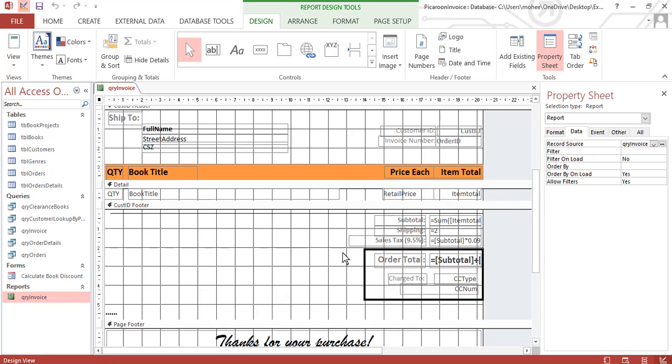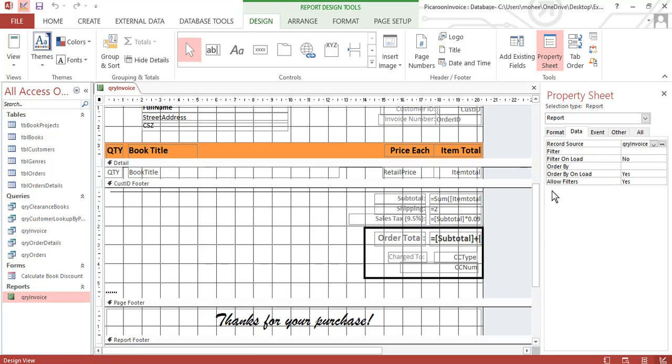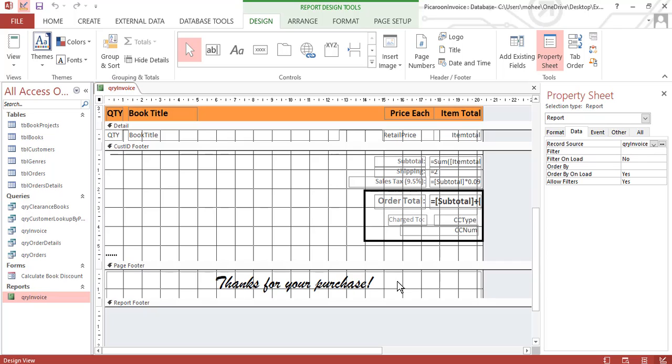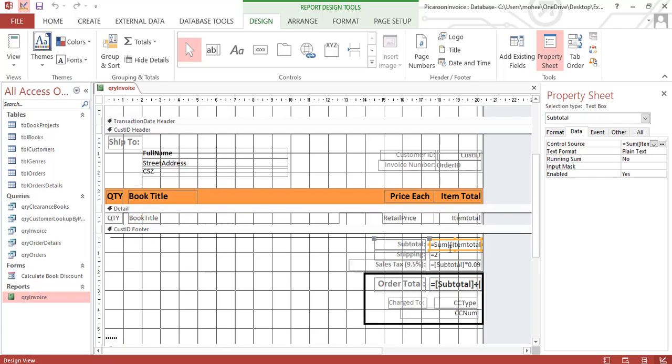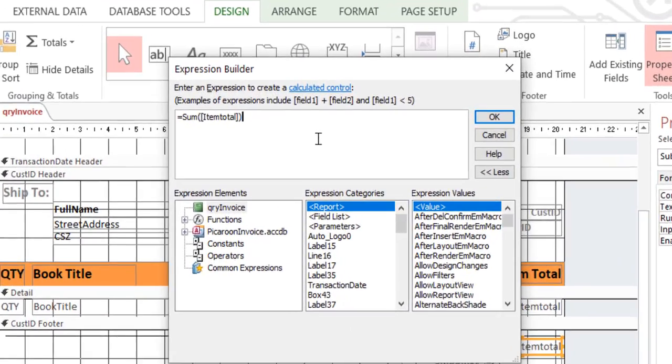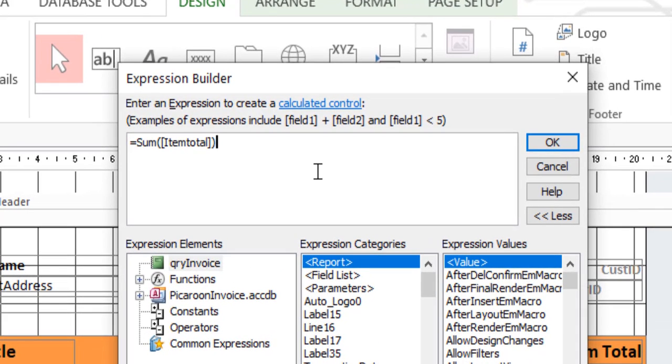In this section we receive the records from the database, the order details. The last sections are the footer section and the page footer. So here we are going to calculate the value for the subtotal of the order.